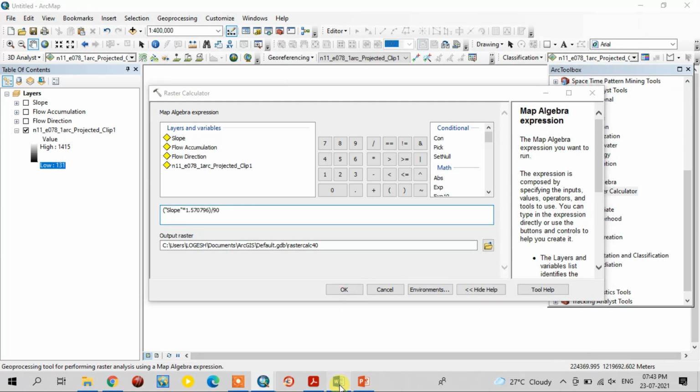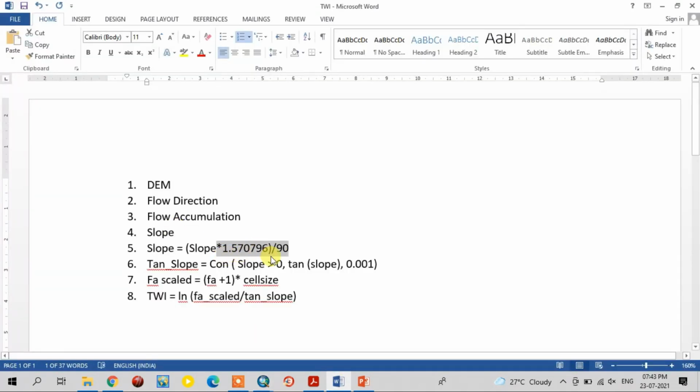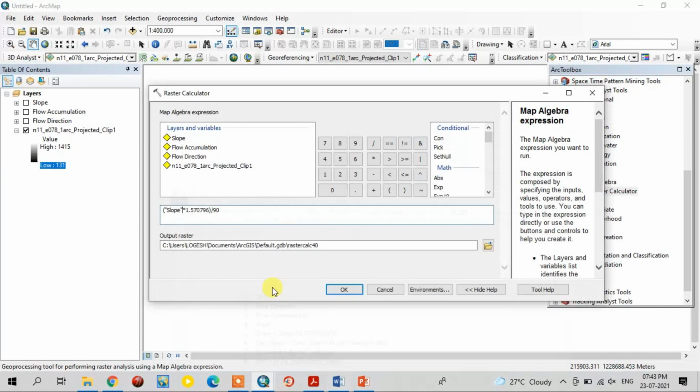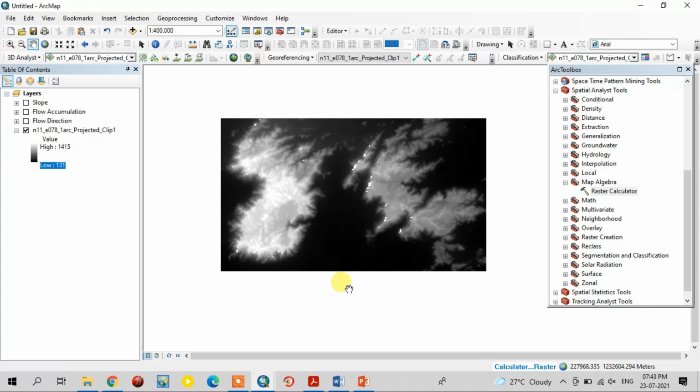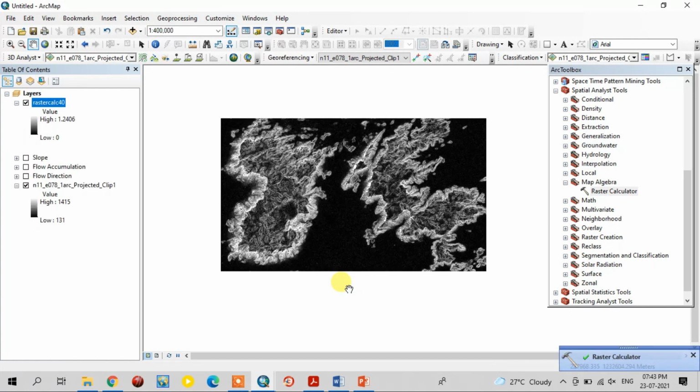See, slope into this value divided by 90. See, the same is there. So I'm going to run it. See, this is the standard slope. I named it slope 1.